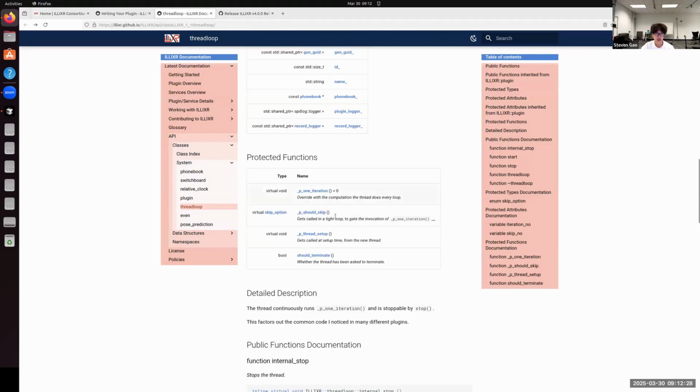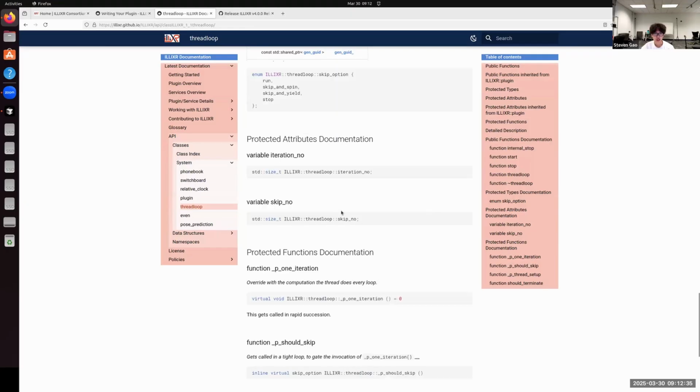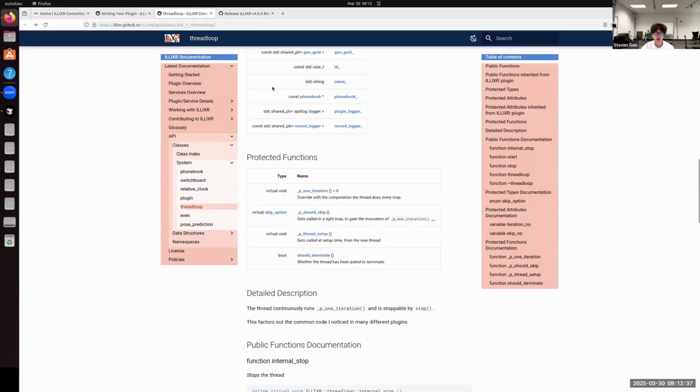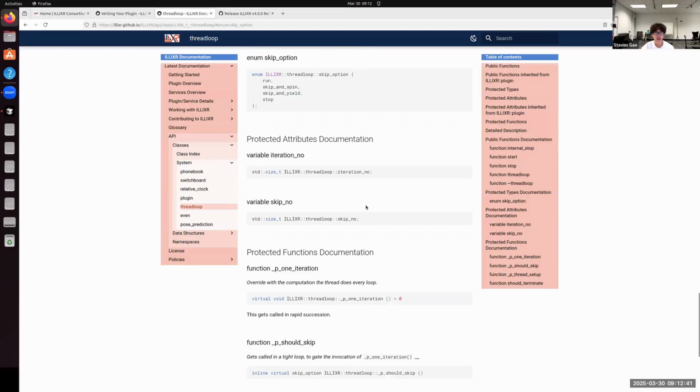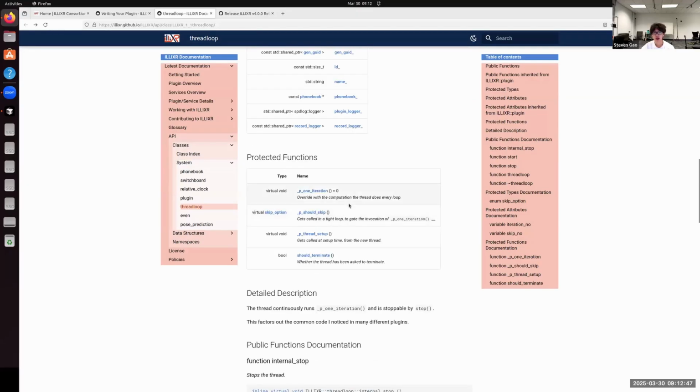So the 4 options here determine what thread loop does for the next iteration. So for example, if you return run, the next iteration will be immediately invoked. And if you return skip and spin, it will do a spin wait. And if you do skip and yield, it will call thread yield to give up the time slice. So this determines how frequently your iterations run.